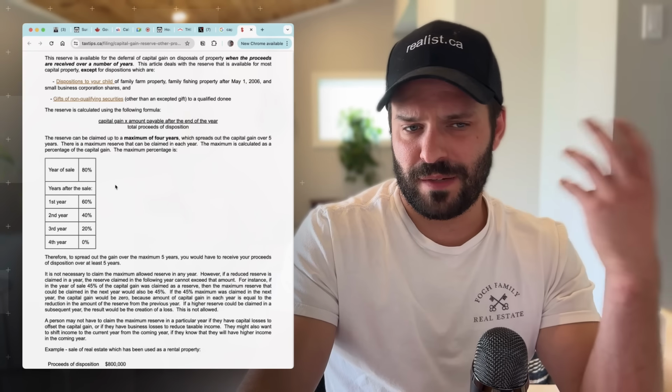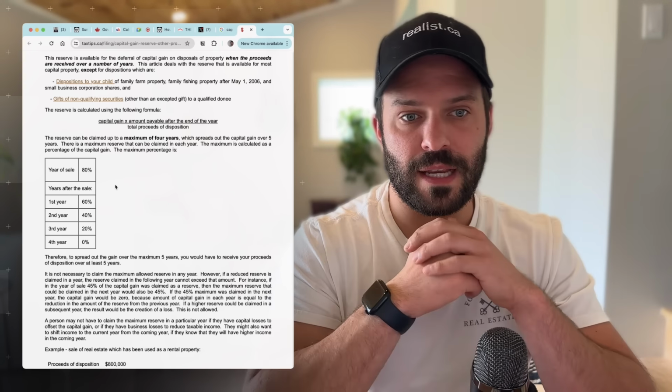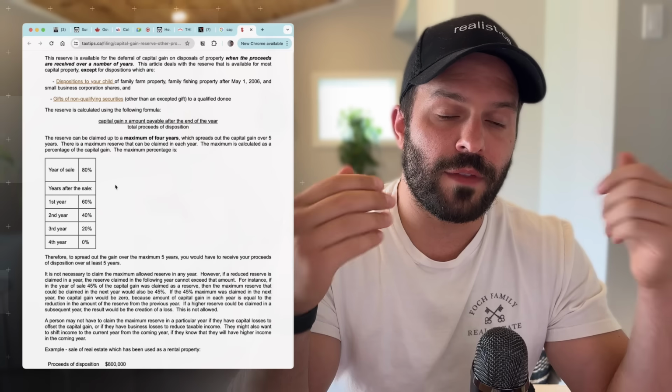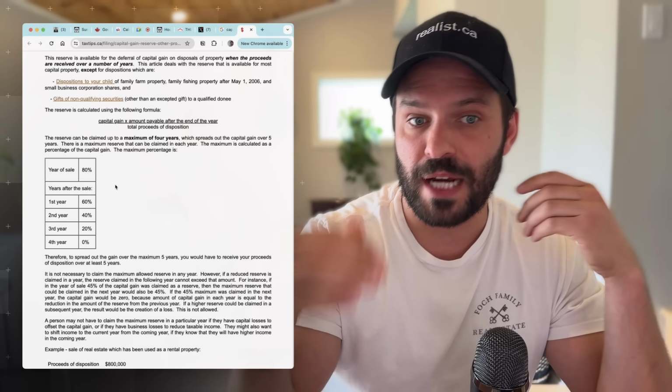What this would do is, if somebody had a capital gain of, let's say, $500,000, it would put them in the top tax bracket. If they spread that out into 5 $100,000 increments, then it would knock them down into the middle tax bracket. This is something that I would highly encourage you to not take my advice on, because I'm not an accountant or a tax professional.